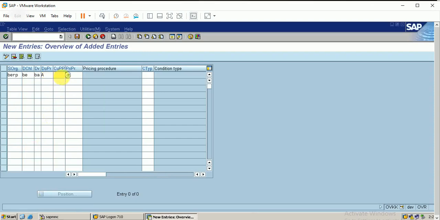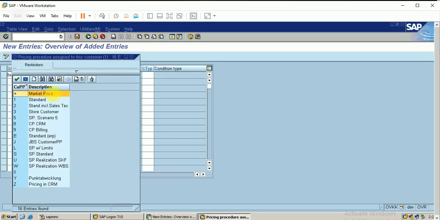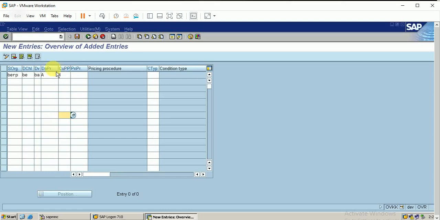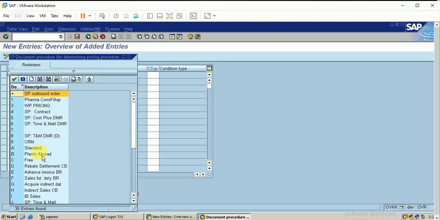Let me know what this customer pricing procedure is, that is standard. So this only we have linked in our customer master. So this is the document pricing procedure. So I've linked a standard one.